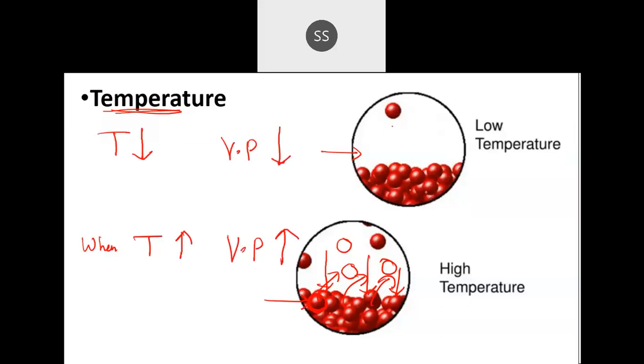At normal temperature, you see fewer vapors. When you increase the temperature, just like I said in the case of cooking, if you take water and just close the lid and keep it, it will take some time for the vapors to develop. But if you increase the temperature, you easily see the droplets formed. The equilibrium will be attained faster, because more vapors will go into the empty space. So vapor pressure will be higher when you increase the temperature.